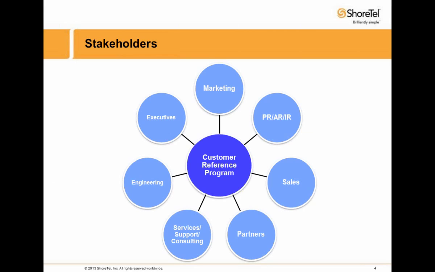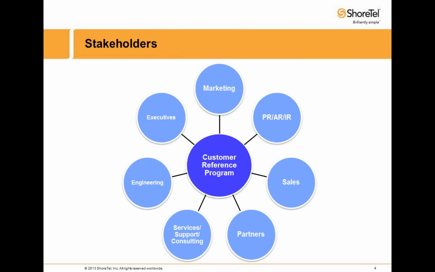So in this graphic, I list 7 stakeholders, which include marketing, public relations, analyst relations, and IR, investor relations, which I lump into one category, sales, partners, services, support, and consulting, engineering, and executives. And don't worry, we're going to dive into some of the key ones in this presentation.